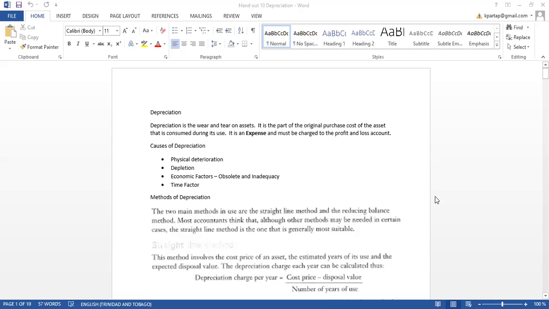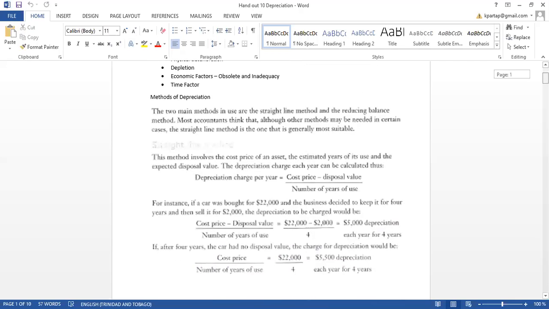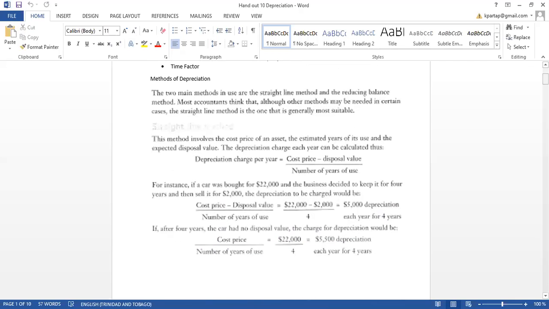So of course, the value of an item will never remain the same. It will deplete. So we have different methods of depreciation, and you all know this one already, right? We have two main methods that are used. We have the straight line method and we have the reducing balance method. All right, now,